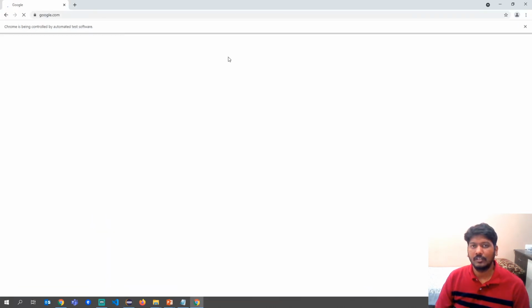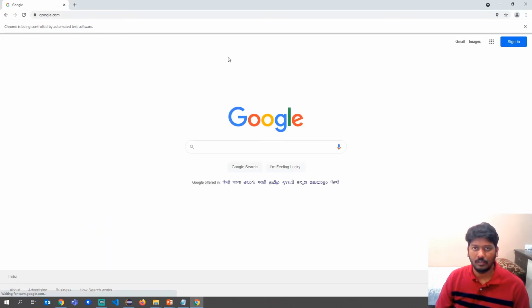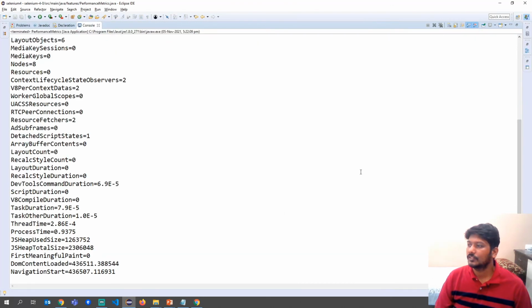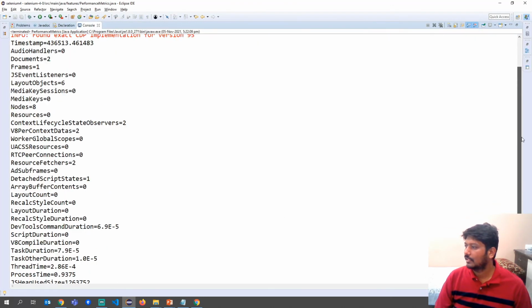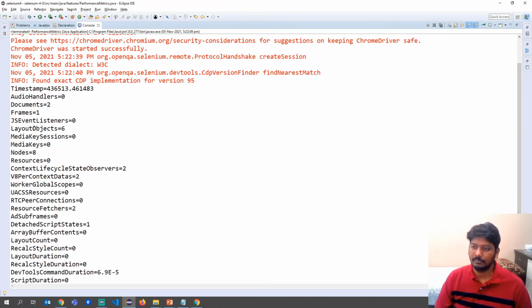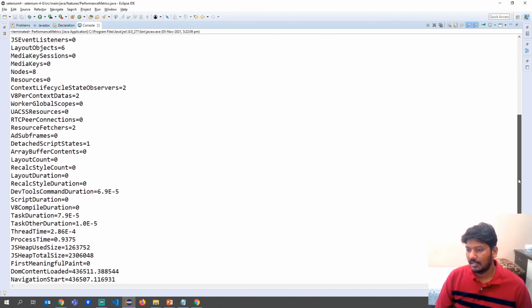Okay, the browser is launched and google.com is also launched. Let us see if we have any performance metrics that got captured. Wow. So if you see here, there are so many metrics that got captured. What is the timestamp? What is the audio handlers? Number of documents, frames available in this, and then other metrics. I think this is really amazing. If you see here, it says process time is also there. Wow,